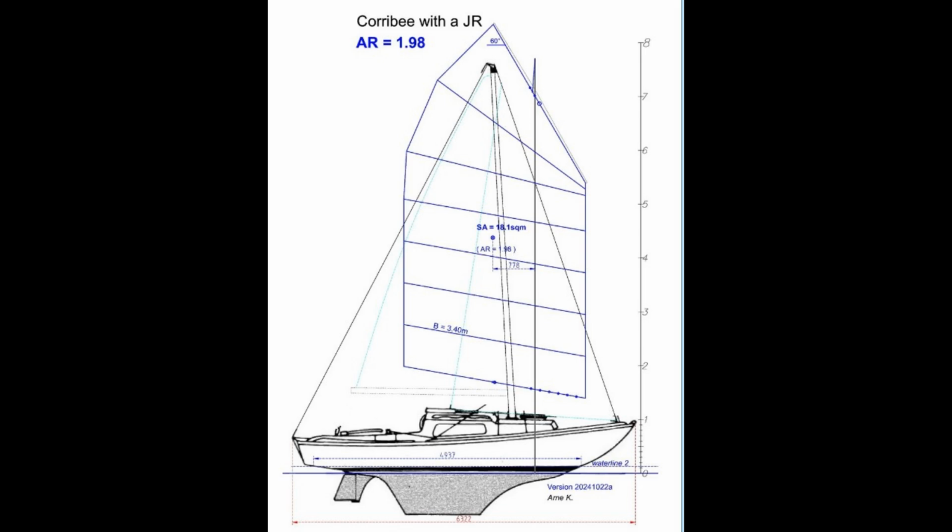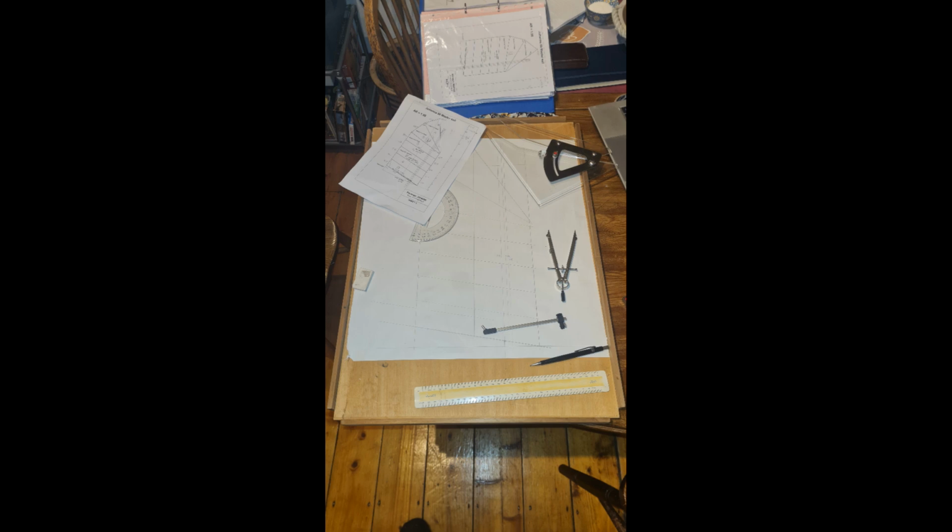So I also did my own calculations of looking at the centre of lateral resistance of the hull and the centre of effort of the sail, and also looked at the original Corribee rig, junk rigged Corribees that were made as junk rigs, and all these different calculations and sources came up with pretty much the same position of the mast, and then